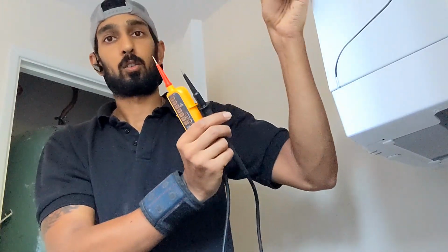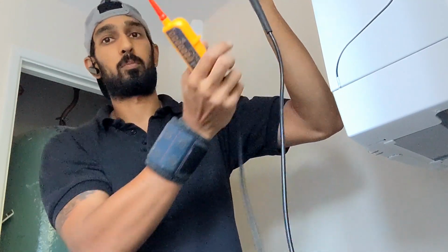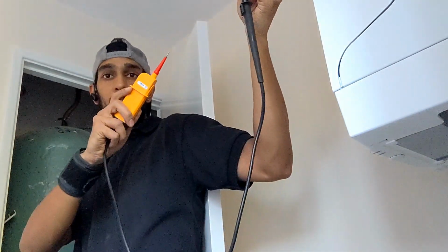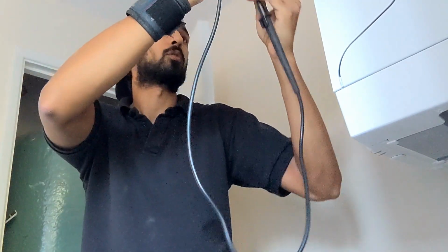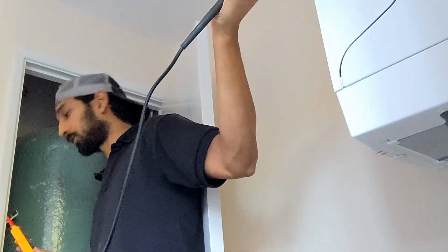So I've got the brown coming from here. I know you can't see it, but this is the cable coming from the top of the boiler. So brown into the wiring center. Right, that's our permanent live. That should be feeding the wiring center. Next one is the black on this 4-core. And this should be our switch live, so